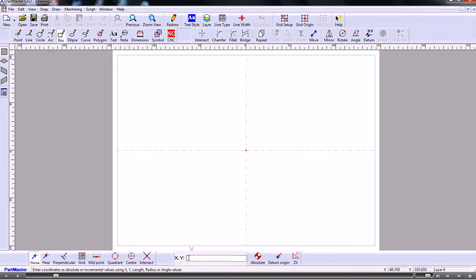incremental mode. So if I put in the bottom left hand corner of the box, I simply type in x0, y0. I don't need any spaces between the different parts of the expression, and I don't need a decimal point if I'm dealing in whole numbers. And to accept that, I press the enter key. So that's set the bottom left hand corner, and now I'll put in the top right, which is x50, y50,